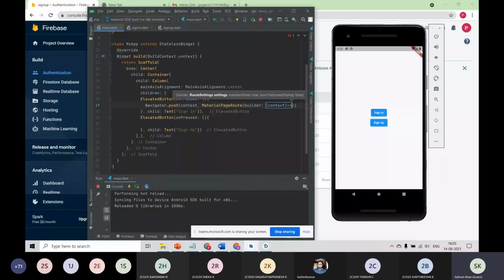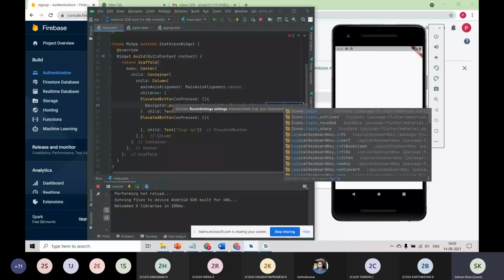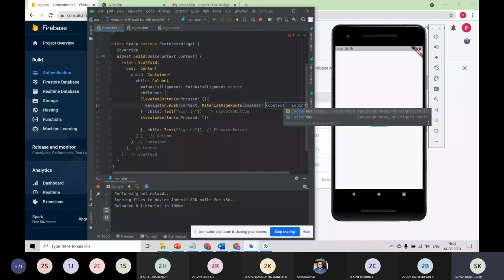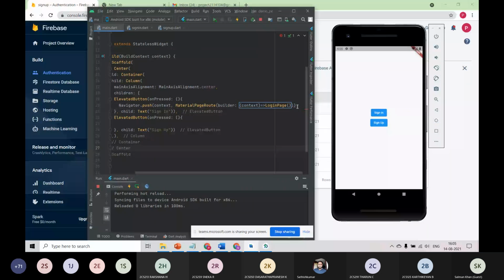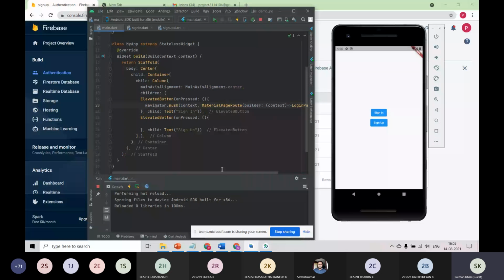Here you should mention the class name which you use in the login page. Okay, let me say what I have done here. As you see with navigator, there are more things in navigator.